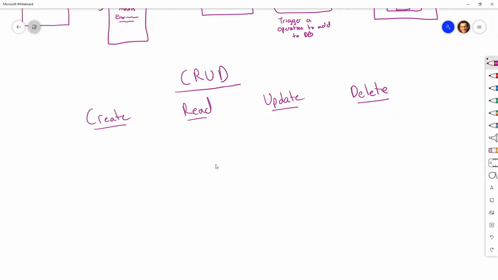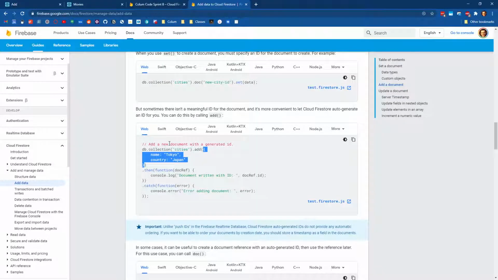So for our purposes, we'll say it's like a collection reference .add. That'll be the method that we use to put new data into our database. For reading data,